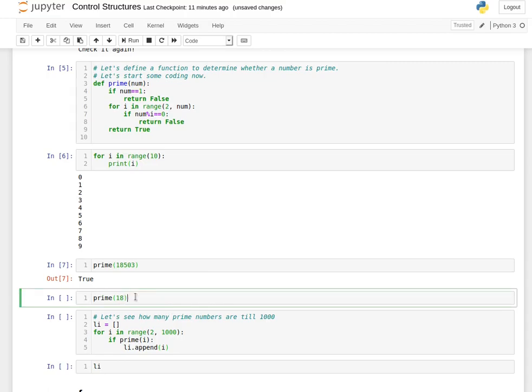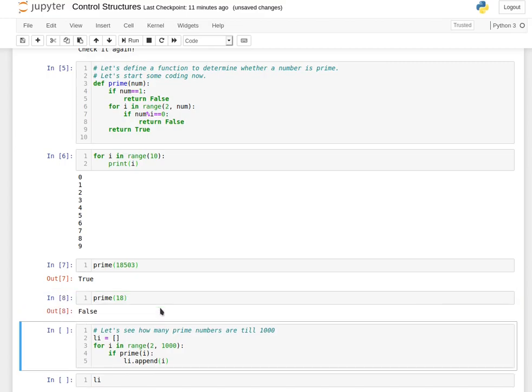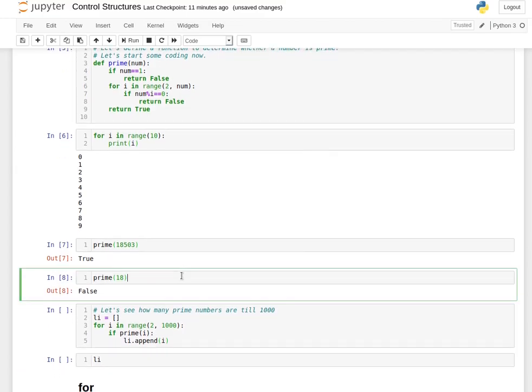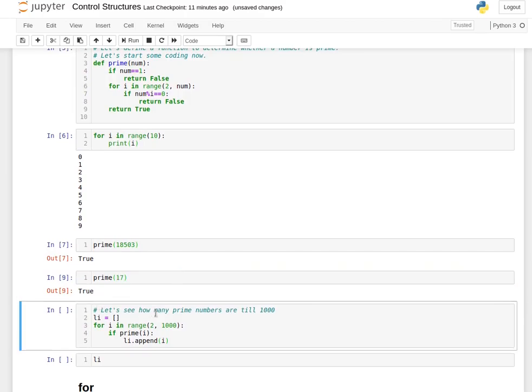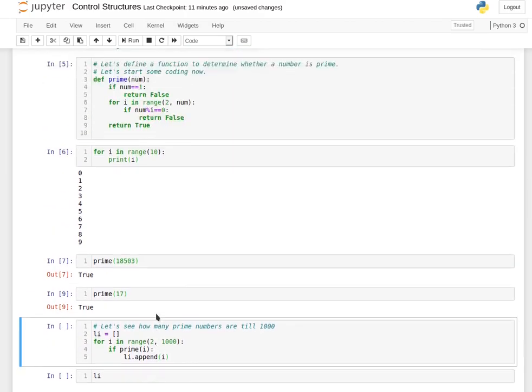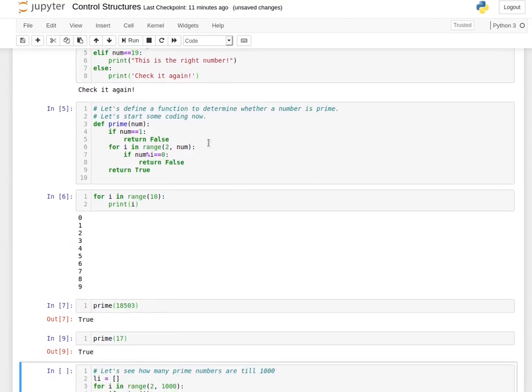Is 18 prime? No, so it should return false, and it does. Let's say 17. It's true because it's prime, right? So that's how the combination of a function, a condition, and a loop work together.